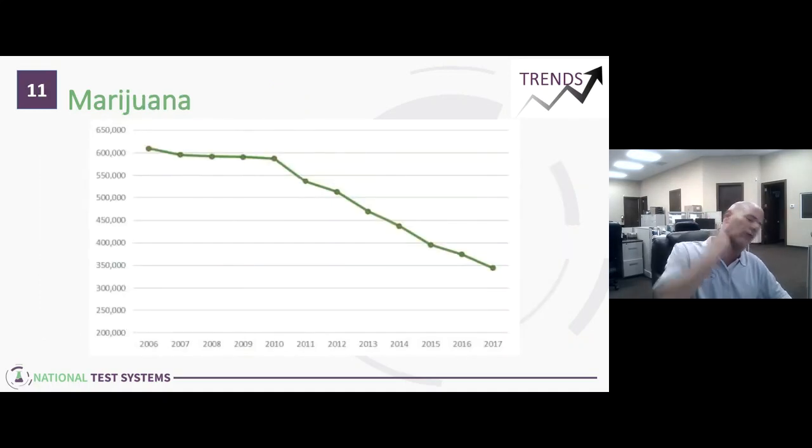So the chart we used last year for marijuana was admitted users in the past month. And we saw that usage was up. We saw that admitted usage was up. And at the time, our thought, and we discussed it on the webinar, was chances are, as marijuana becomes less stigmatized, as it becomes legal for medical use in a lot of states, legal for recreational use in a lot of states, we're seeing a lot less